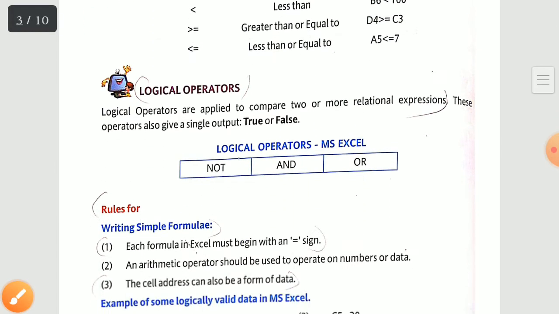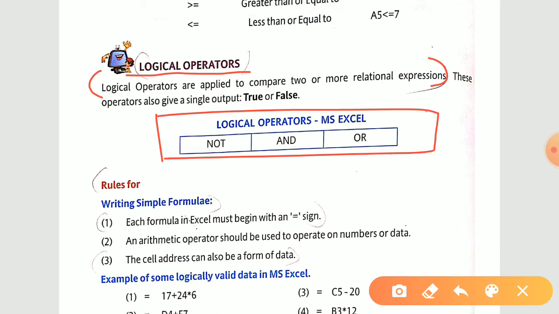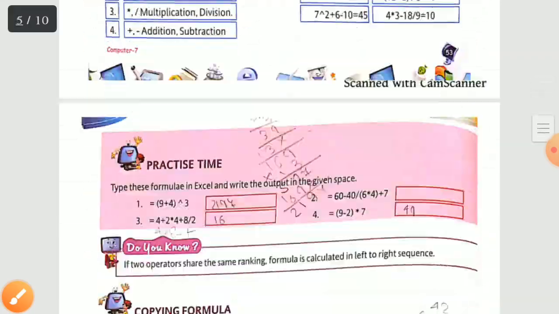Now the third one is, again you have to write down the heading logical operator. See, remember we are talking only about the first question up till now, right? So logical operators are applied to compare two or more relational expressions. So till expressions you have to write down, and then afterwards this table you have to make. Okay, so combinedly all these things you have to write down in question number 1 of long answer questions.